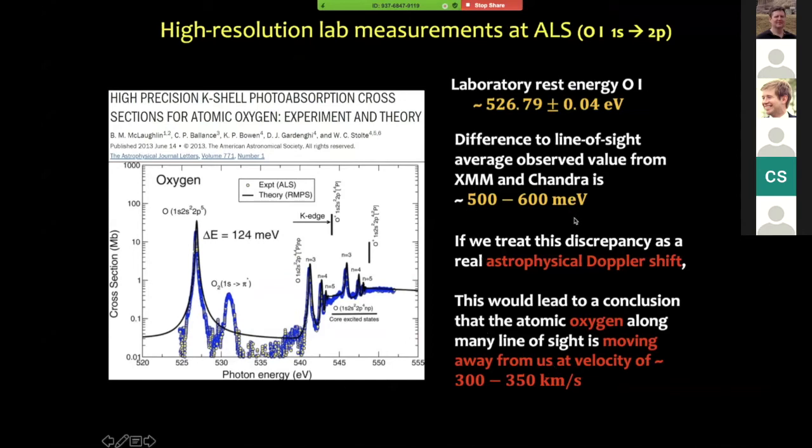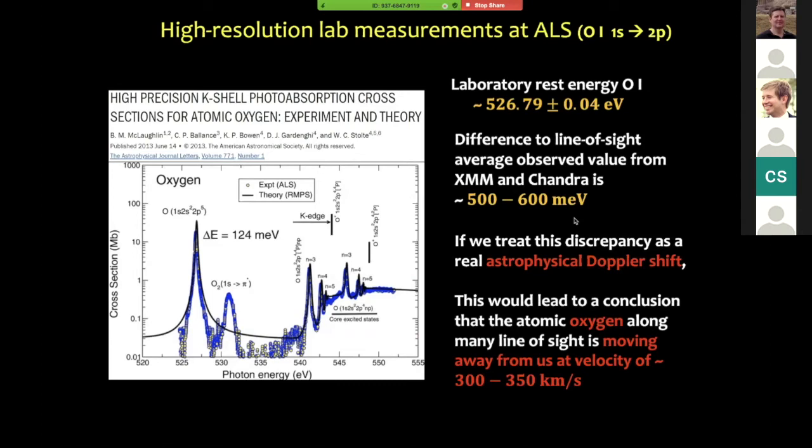If we treat this discrepancy between the laboratory rest energy and the line-of-sight average observed value from XMM and Chandra as a real astrophysical Doppler shift, then this would lead to a conclusion that atomic oxygen is moving away from us at a speed of 300 or 350 kilometers per second,